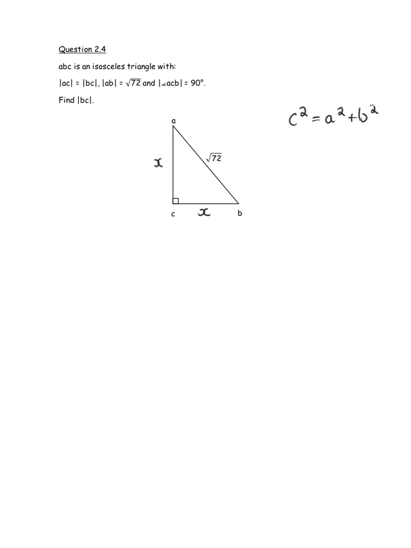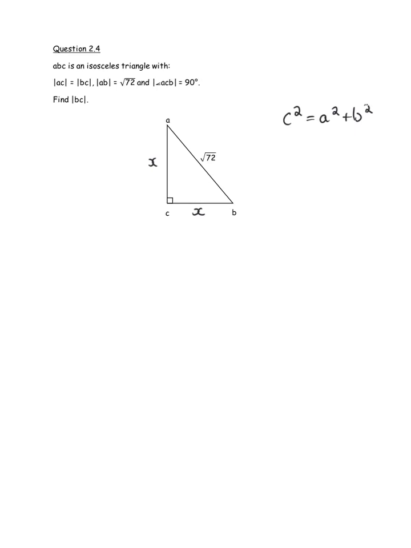However, when we get into the more complex questions, there's a method we can follow to figure out exactly how to solve a problem with a triangle. So Pythagoras theorem again, so c is the longest side, and the longest side is always opposite the right angle. So I'm going to label this as c, and then I can label the other sides as a or b, doesn't matter which one. So this one here, we have the square root of 72, and that's equal to x